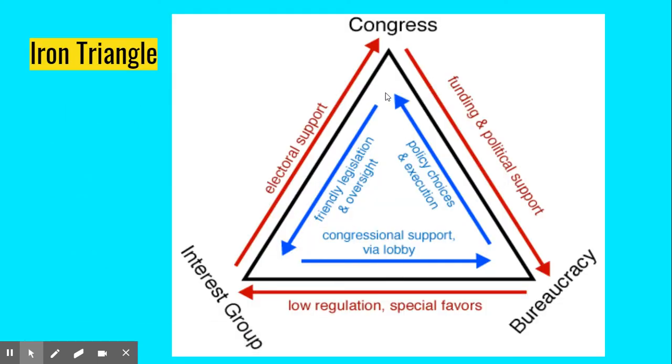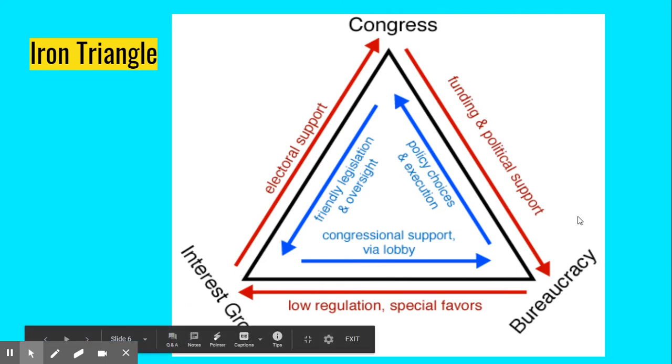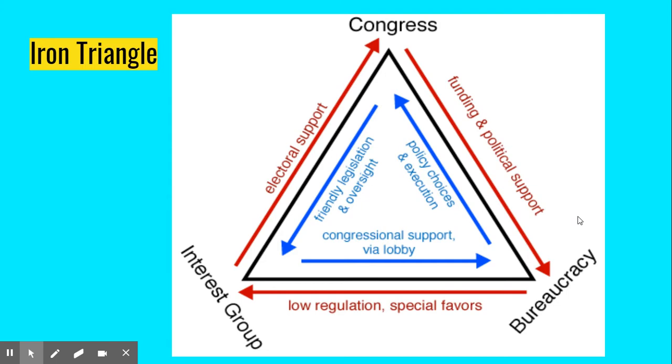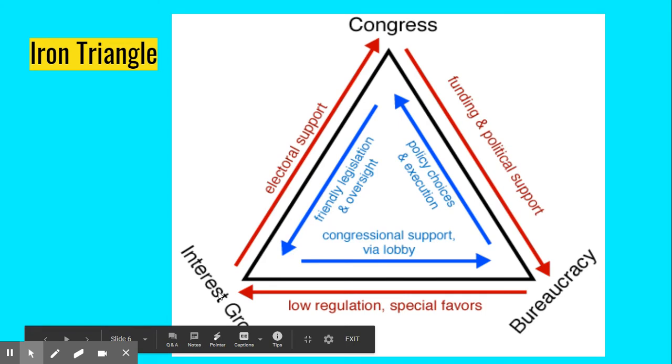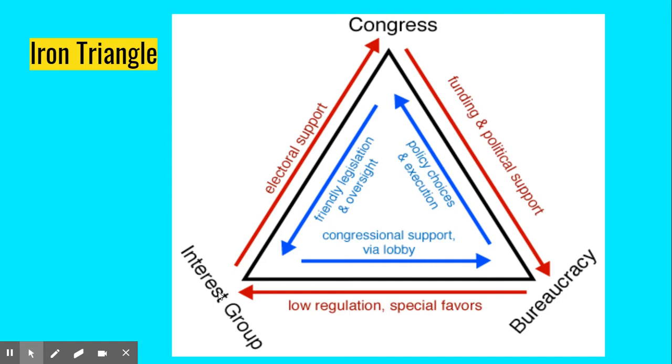And this is sort of putting those steps into a graphic here. And this is called the iron triangle. I think we've mentioned this before. So you've got the interest group that brings the particular interest to light. Of course, they do that through lobbying Congress members, specifically those committee members that would take up that legislation. Then, of course, the bureaucracy, that's the governmental agency. So their budget would be tied to what the interest group wanted to have happen, the policy they wanted to